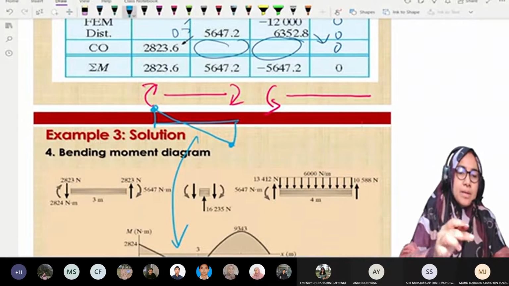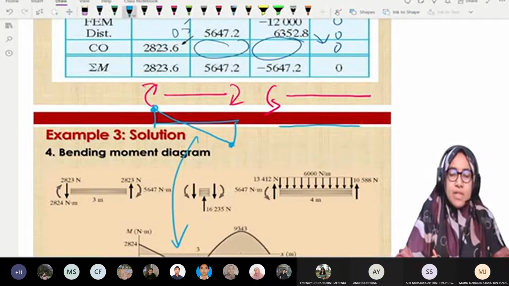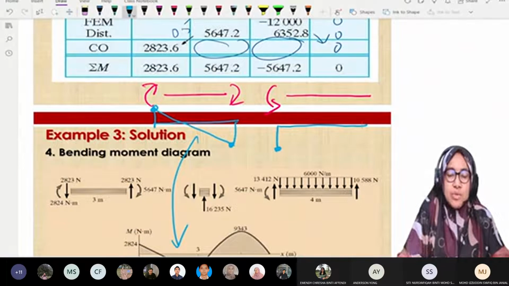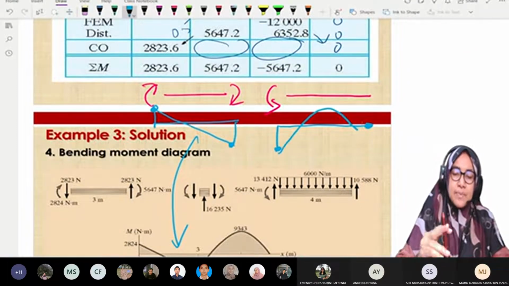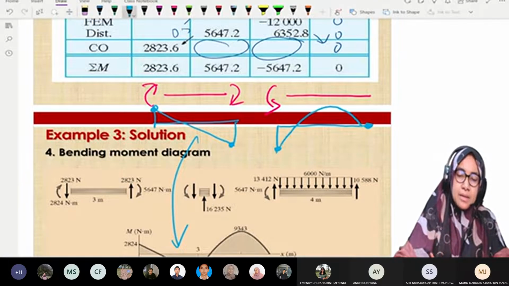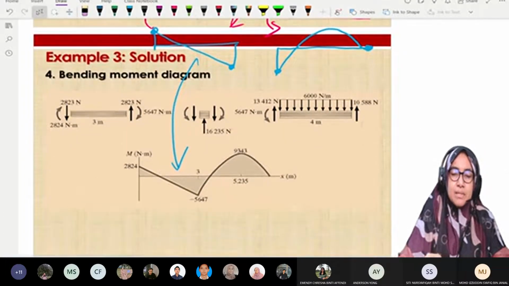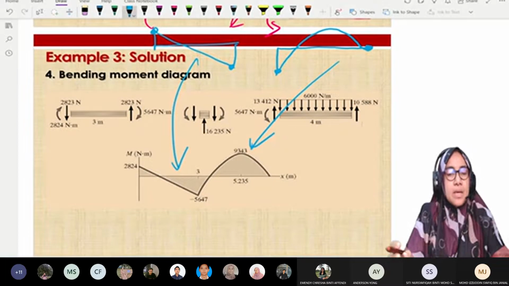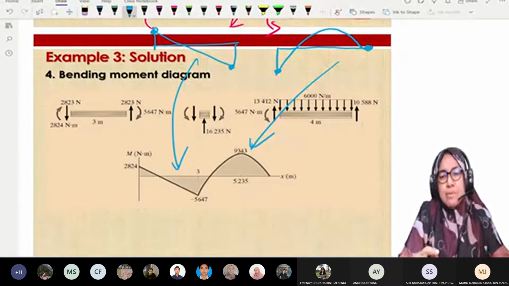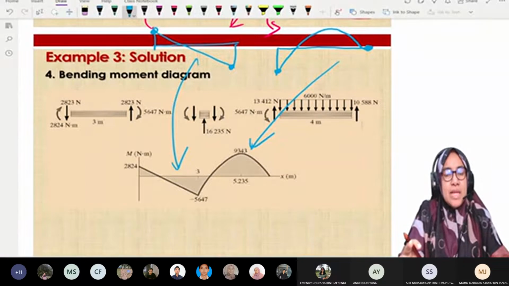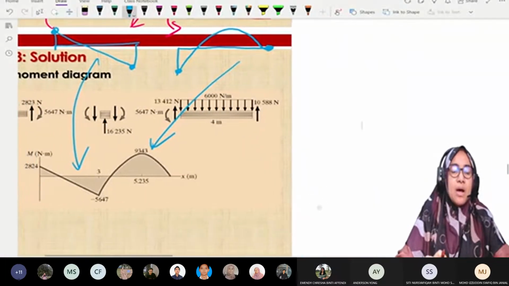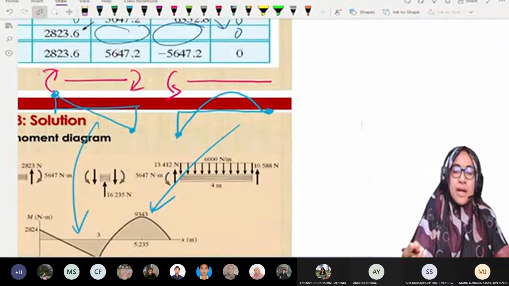So we get the bending moment diagram, the first position should be located here. Okay, and it is UDL, and last point must be 0, and the shape is like this. The shape is like this. So that is why we get this. Nampak tak sama dengan yang bawah ni? Cuma bila ada maximum moment, we cannot calculate unless we identify the shear force diagram. So how to get the shear force diagram? By